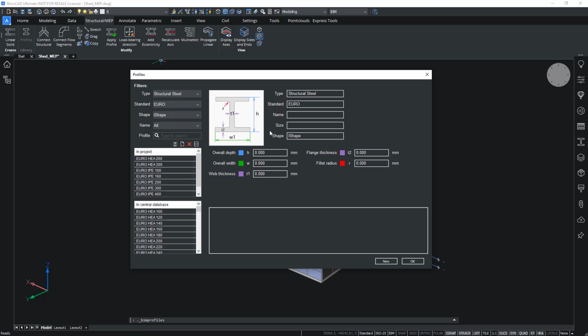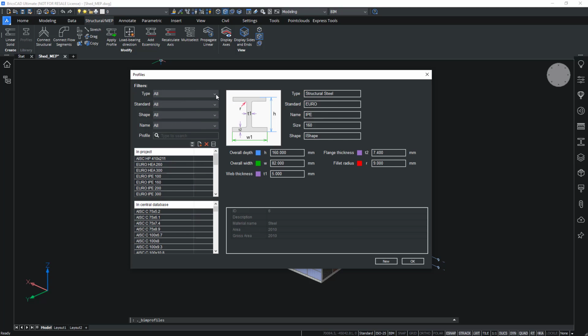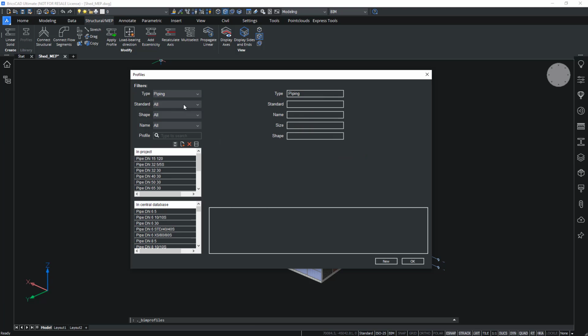And here on the right hand side we can see a little preview of the type or the shape with their different parameters. So if I select, let's say, IPE 160, I can see it has a height of 160 mil. Height is defined as the distance between the top here and the bottom here, and so on. That's the same for all the standard or default shapes. So for example, let me reset these filters here and go to piping.